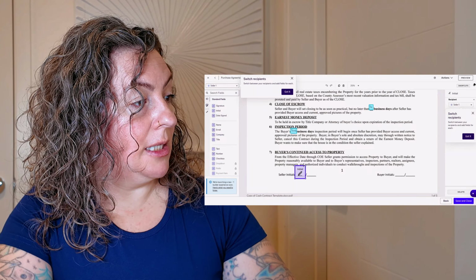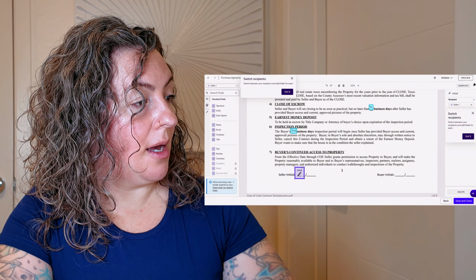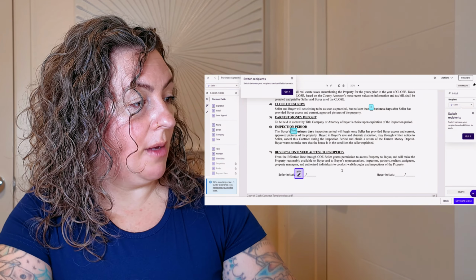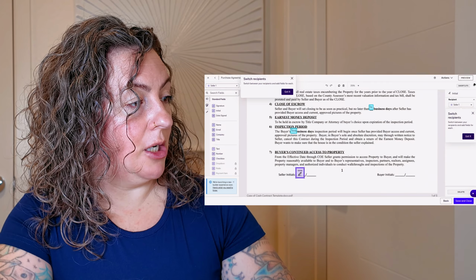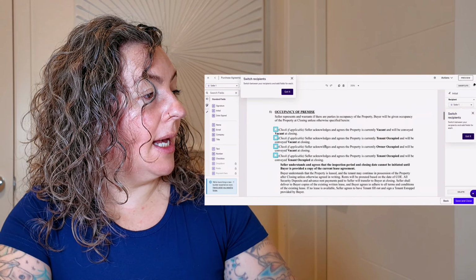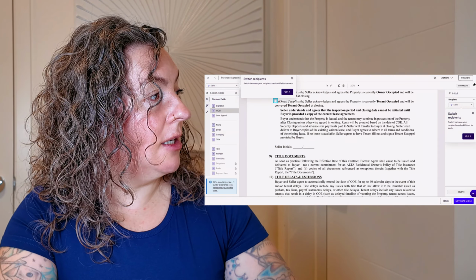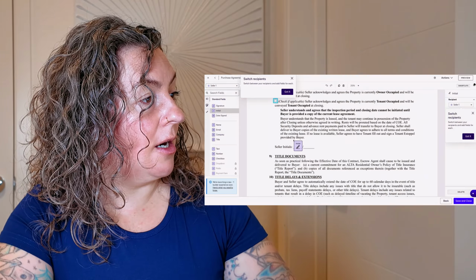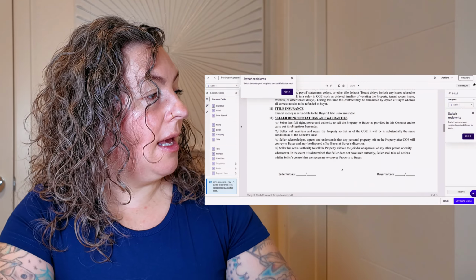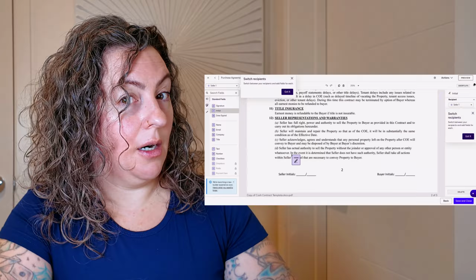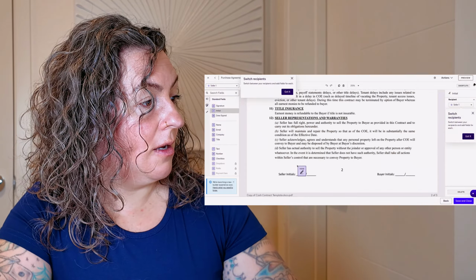And you can make these smaller if you'd like. I don't think it really matters because it's only going to put the initials, whatever. And then seller initials are now going to go here and here